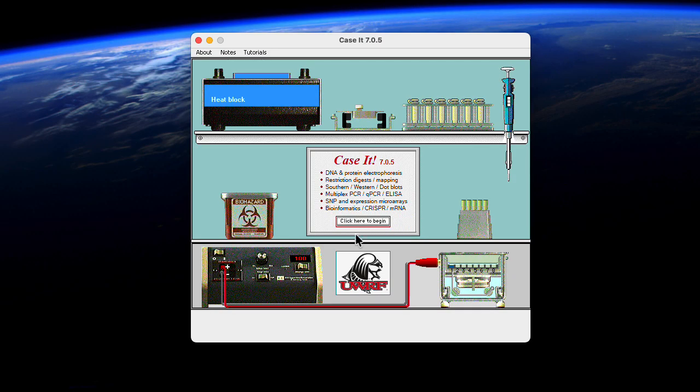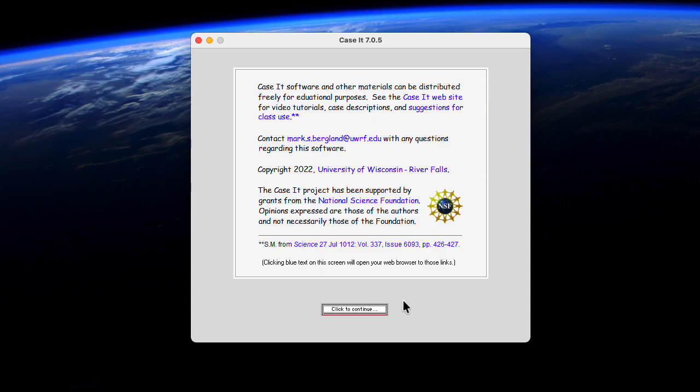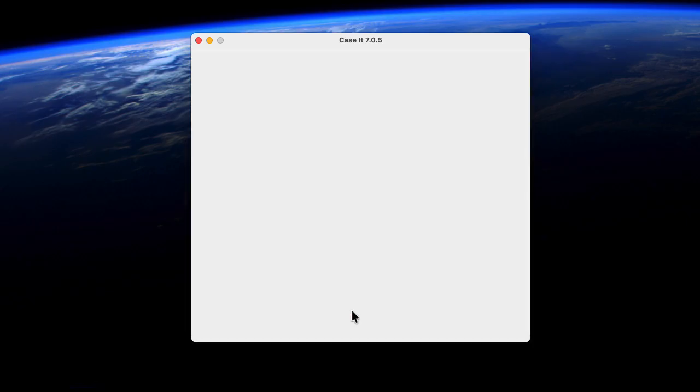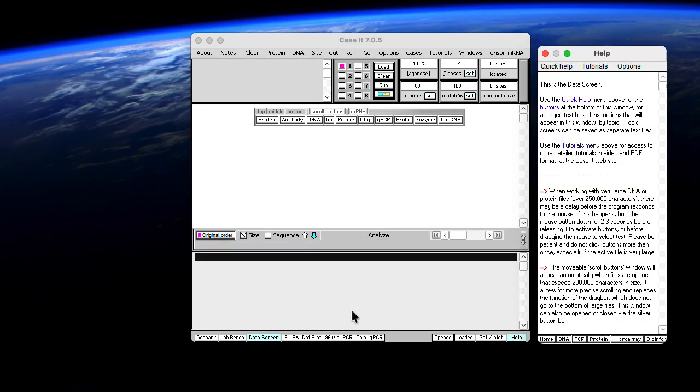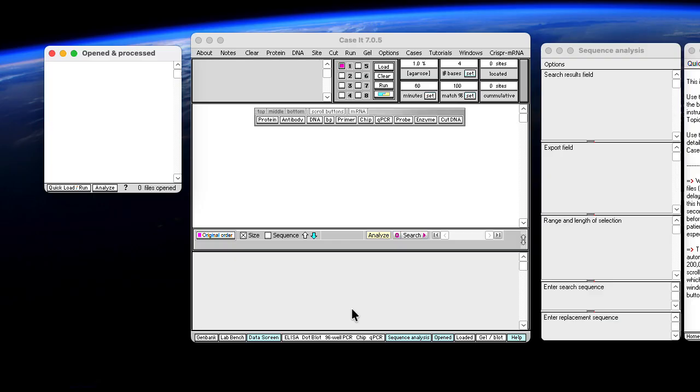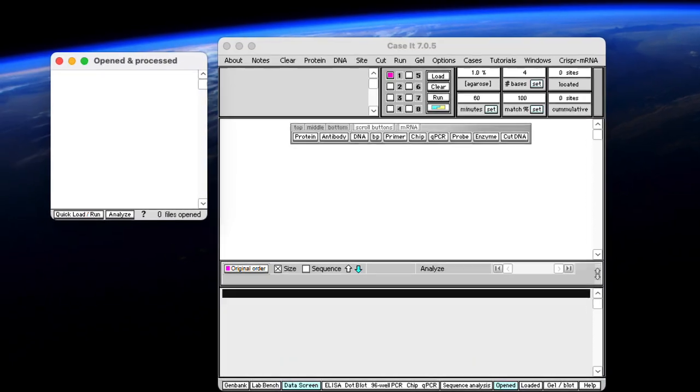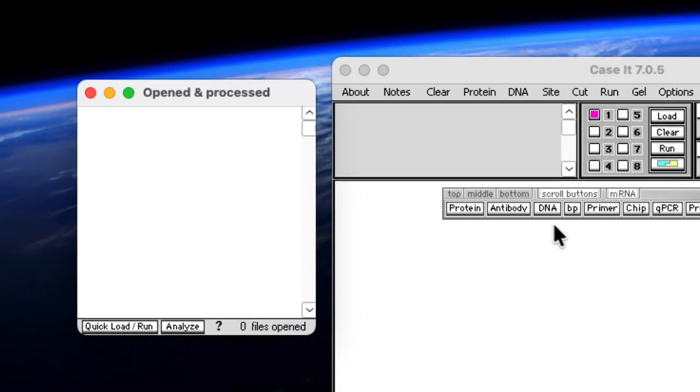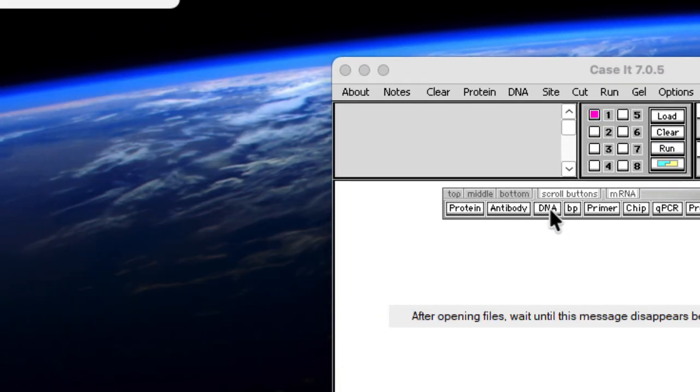So we'll start by opening up the software simulation. Click to continue. That takes us to the data screen. For now, I'm going to close the sequence analysis and the help windows. So what we want to do is open up some DNA sequences. So I'll click on DNA on the button bar